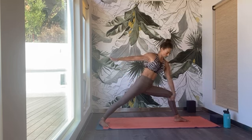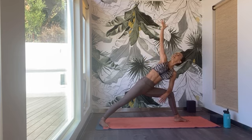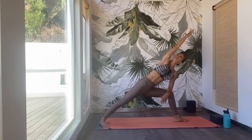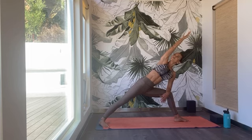Extended side angle. Right elbow down onto the right thigh. Left arm reaching up and over to the sky. Then bring the left bicep to your ear as you turn the left palm down. Turn the left pinky finger slightly further down to the mat, like you're trying to karate chop something. Then soften the left shoulder away from the ear and feel the energy from the back heel all the way